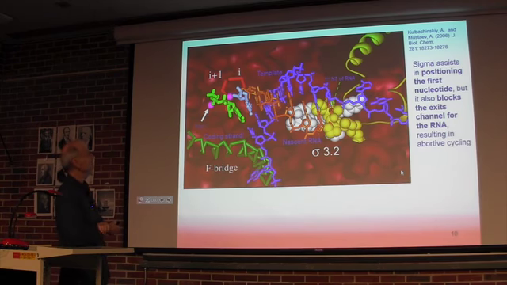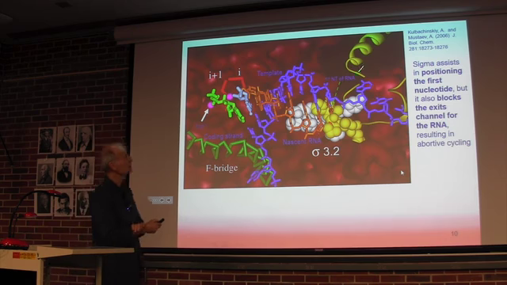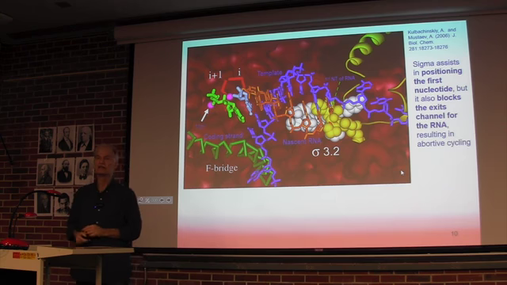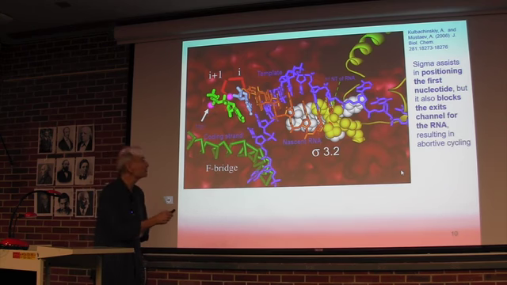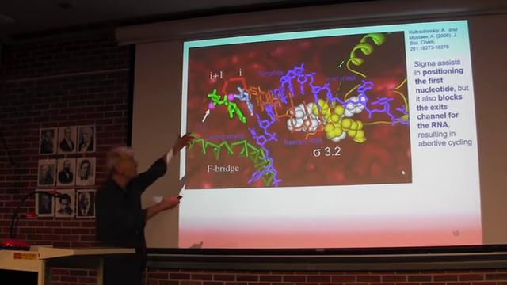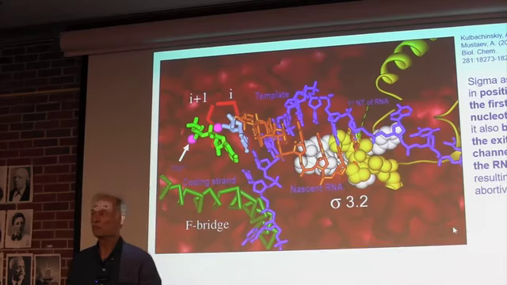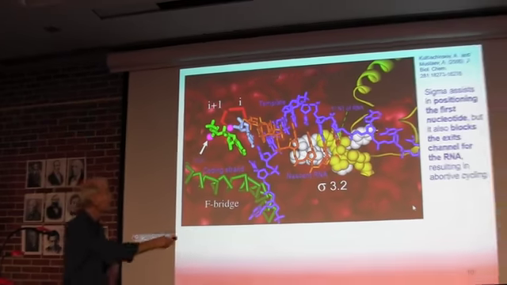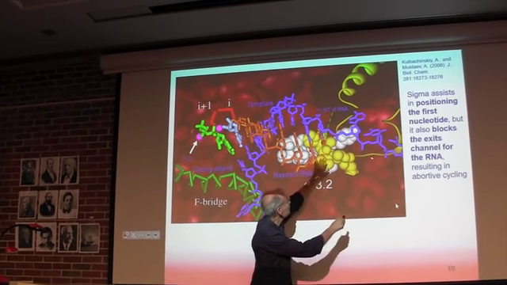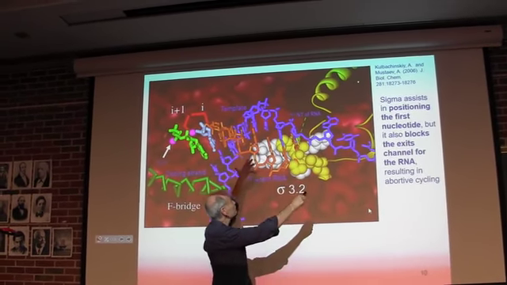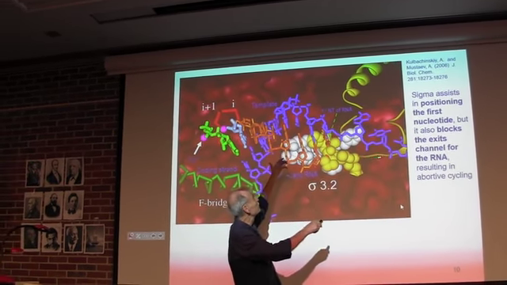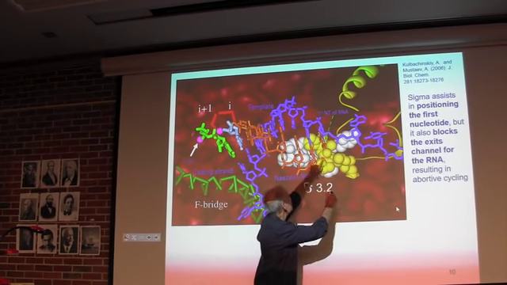And, oh, I love this picture. You see that right there, that dark hole? That's where that moray eel is sticking its head out. That's where domain 3.2 is poking inside to the active core of the enzyme. In fact, that yellow coil there is domain 3.2 of sigma. The actual little bend part is right here, and you see some space-filling models, and there's another helix over here. This is what's protruding into the interior of the enzyme from sigma, domain 3.2, and notice how intimate the contact